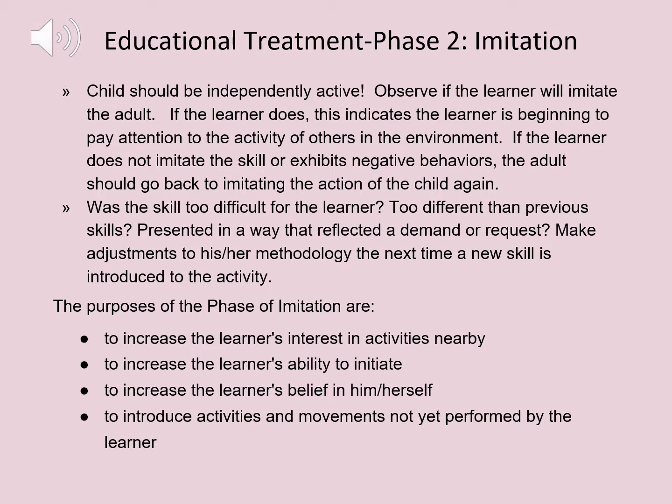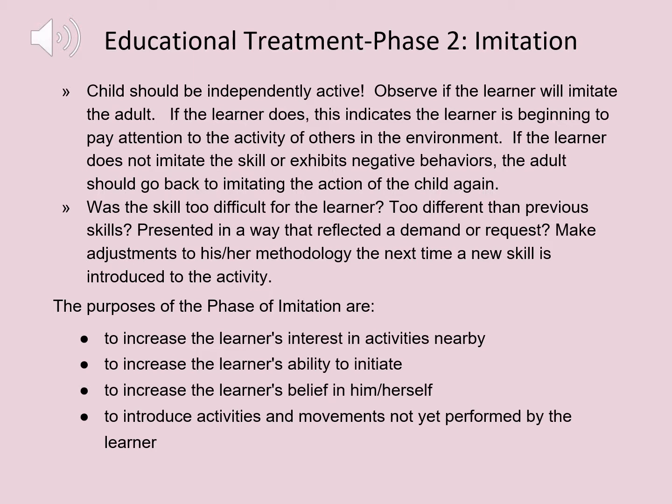During phase 2 of educational treatment, or imitation, the child should be independently active. Observe if the learner will imitate the adult. If they do, it indicates that they are beginning to pay attention to their environment. If they do not imitate the skill or exhibit negative behaviors, the adult should go back to imitating the action